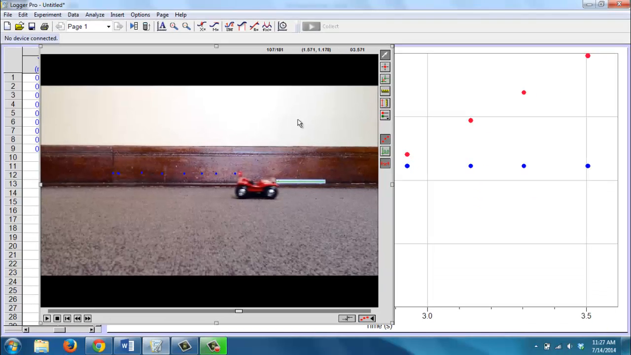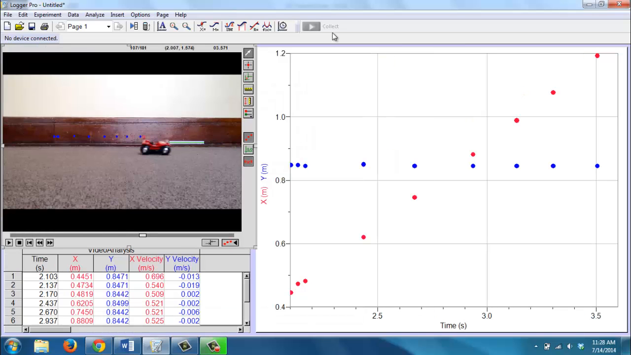When you're finished adding points, click on the white arrow so you don't mistakenly add any extraneous points. Then I'm going to use the Control-R keyboard combination to arrange the windows in Logger Pro. You can see that 2 graphs are displayed here. The red data indicate the X or horizontal position of the car, and the blue data show the Y or